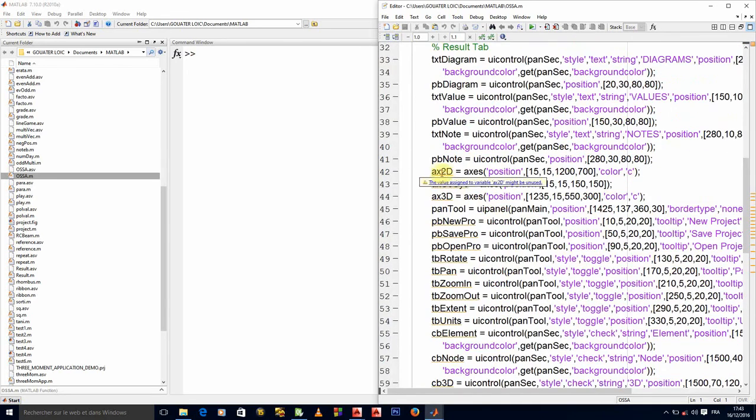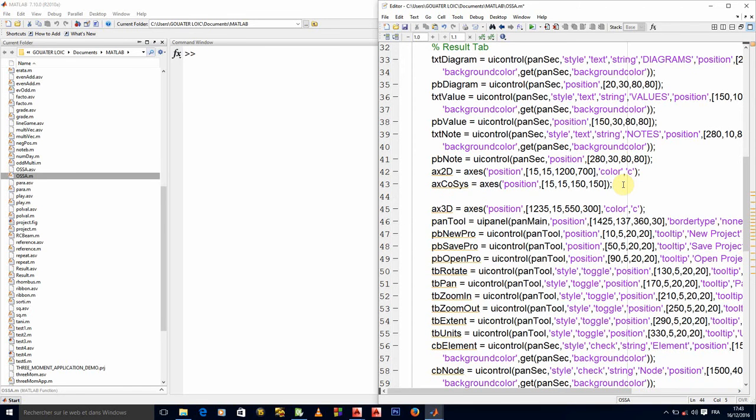So here I have ax 2d, I have ax cos cis, right? It is ax cos cis, that is the axis that I'm concerned with. When I create a particular axis, that axis automatically becomes the current axis, okay? So I can create a function down there that will have to run. Let me call the function draw chord cis, to say draw coordinate system.